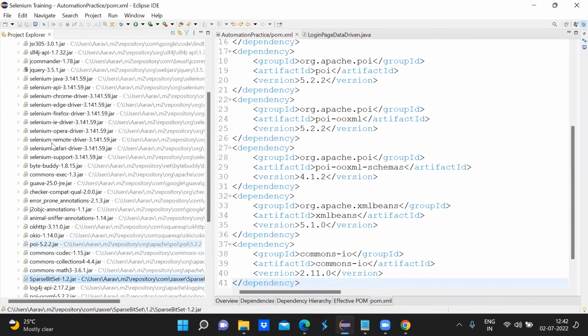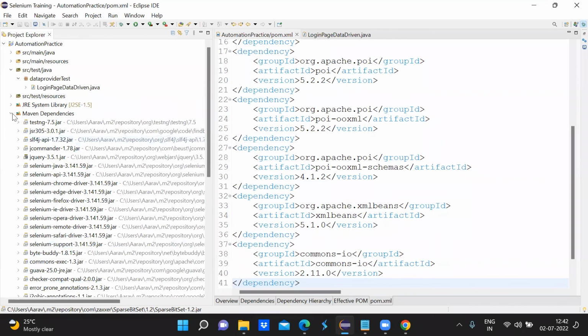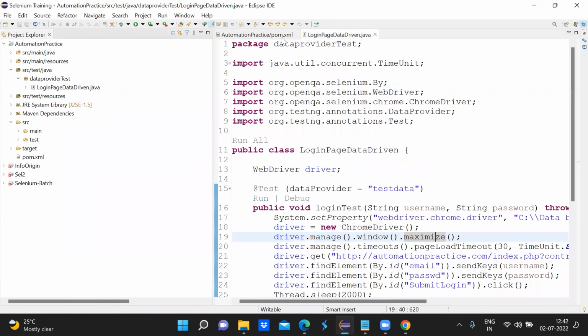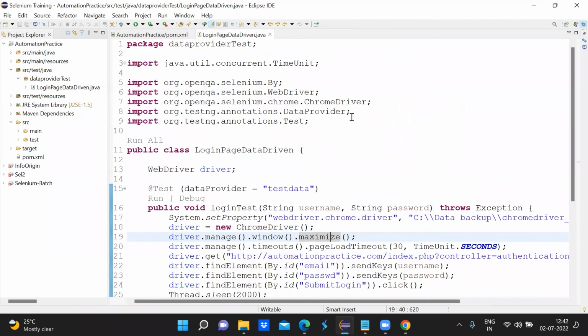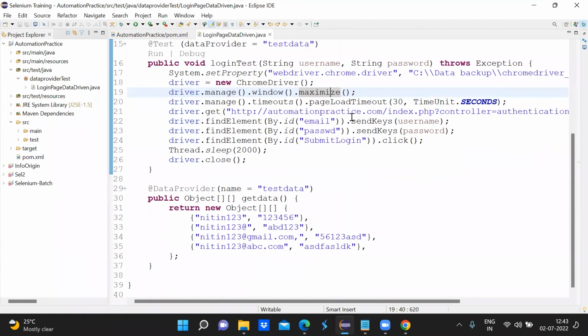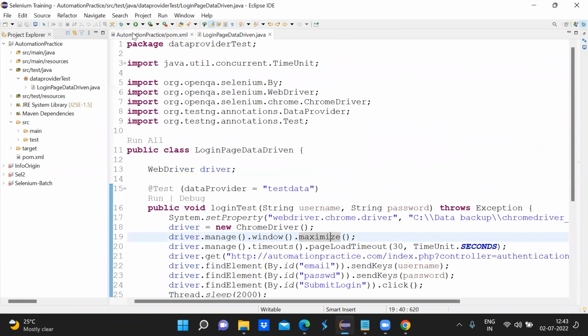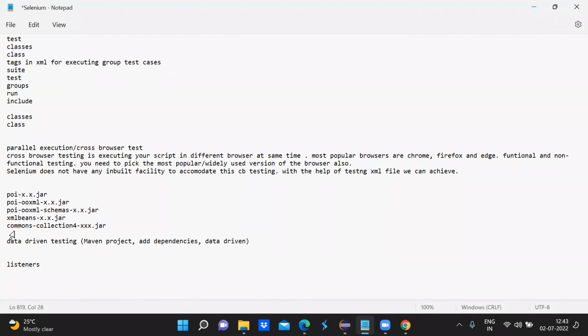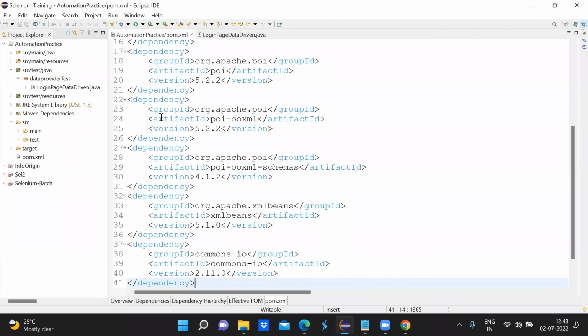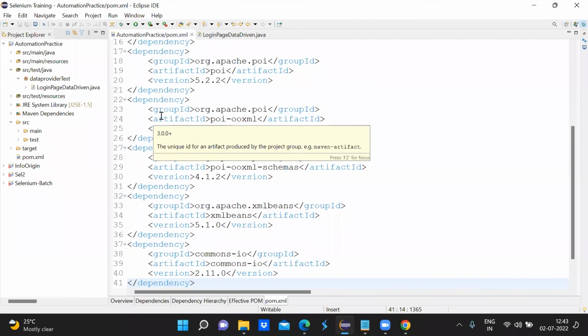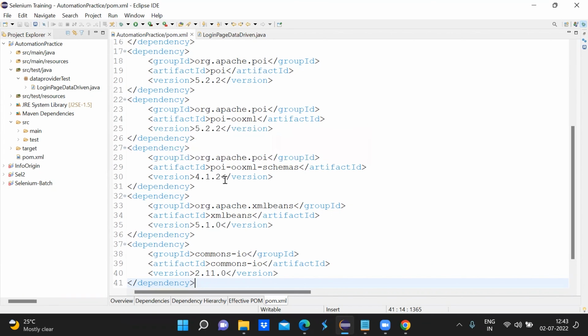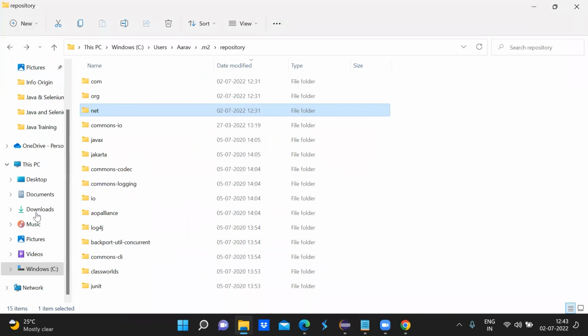Until here, is it fine, guys? Yeah, basically we have added all the jars. Yes, all these jars we have added. Okay, simple, right? We need to know the names of the jars, and those jars we need to add in your POM.xml file along with your Selenium and TestNG dependencies. We don't need Java jars to be added here because Java is already integrated with your project. Now the next task would be to create your test data. So for that, let me go to